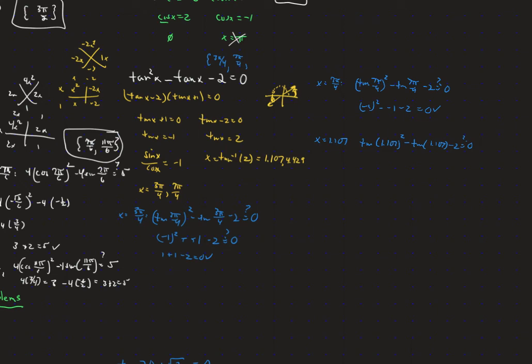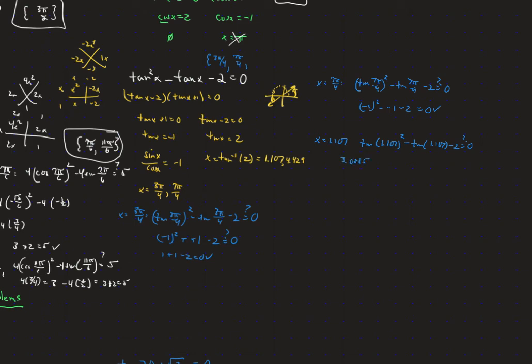Put all of that in there, close the parentheses, hit the square button, minus tangent, up arrow again, and capture that 1.107. Close the parentheses, minus 2, hit enter, and see that what I'm seeing on my screen is